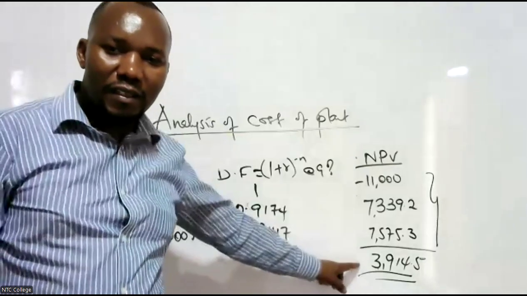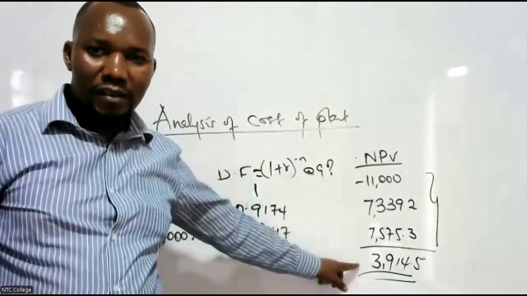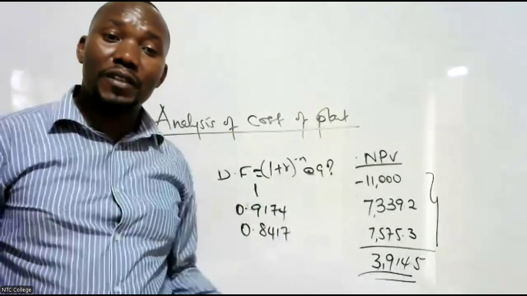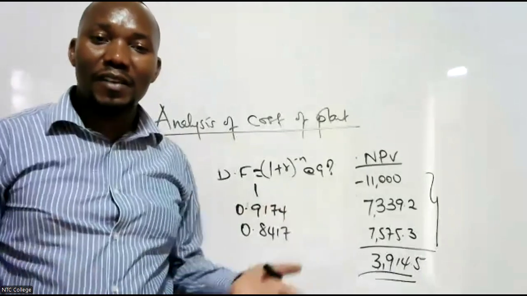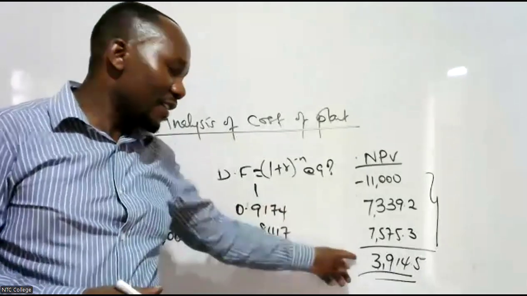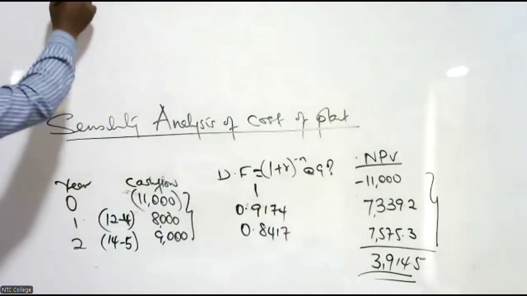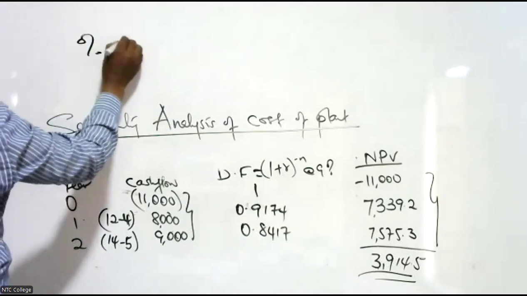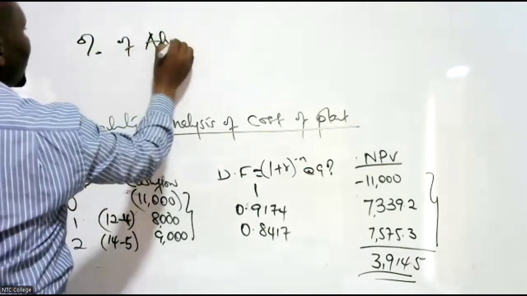NPV is a good thing, it should be profit. So profit going down is adverse. That is what I wanted. So you say percentage of adverse change